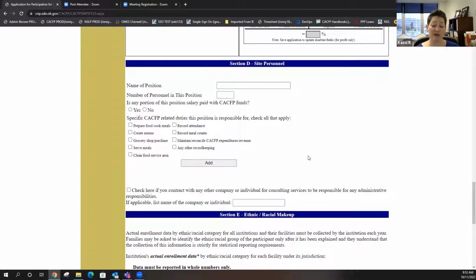The way this worked in years past was kind of confusing. If you recall, we had a place on top where you entered the admin person, then a place on the bottom where you added the operating people, and it was confusing. Now we just have one place to enter all your people.